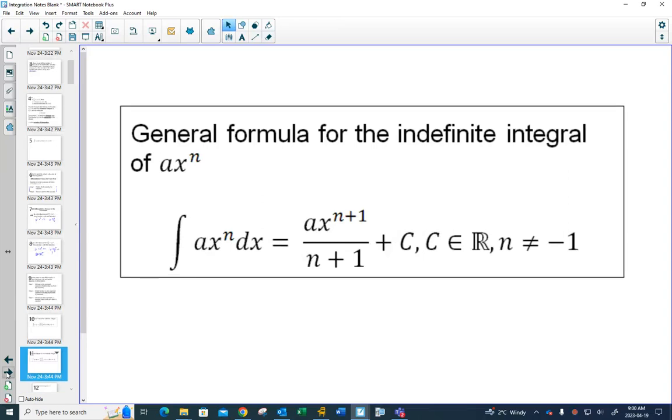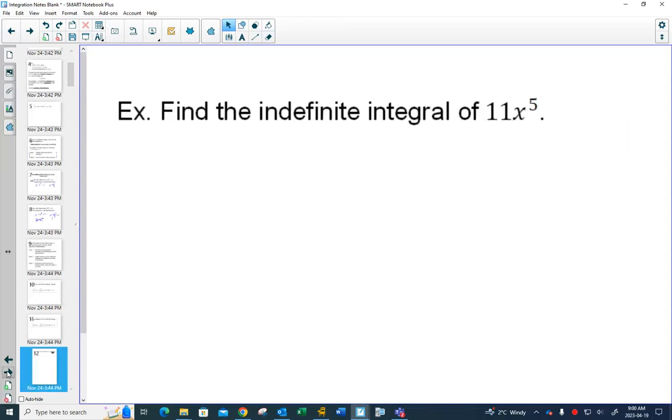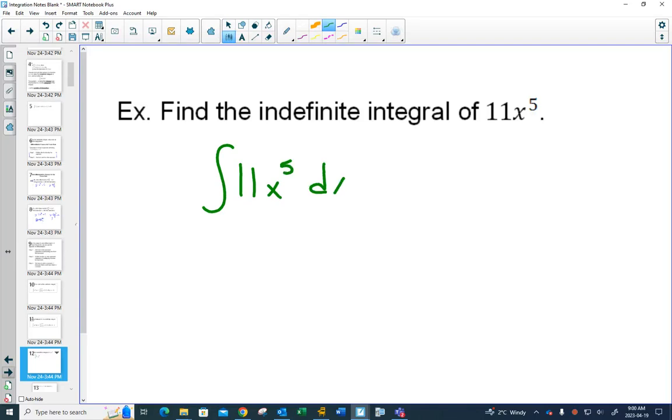Oh, there's the one with the number. So, what does this look like? You want to do the indefinite integral of 11x to the 5th, so there's our integral sign, okay? And this part of the integral is telling you what variable you would like to do. So you remember implicit differentiation, we would take the derivative with respect to t, even though there was no t's in the equation. You could do something similar with integration. So you want to make sure you're saying, like, this is the variable that we're working backwards with.